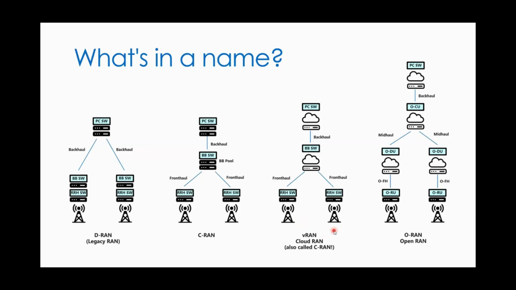Then there's the topic we're talking about, Cloud RAN, or sometimes it's called vRAN. It's the idea of taking that baseband software and virtualizing it, and we'll go into a little bit what that means. But the idea is that you're putting that software onto a cloud layer to get some additional benefits. Sometimes the term Cloud RAN also refers to a more centralized, data center model where you have the software there, and again, you have your radio hardware and software distributed.